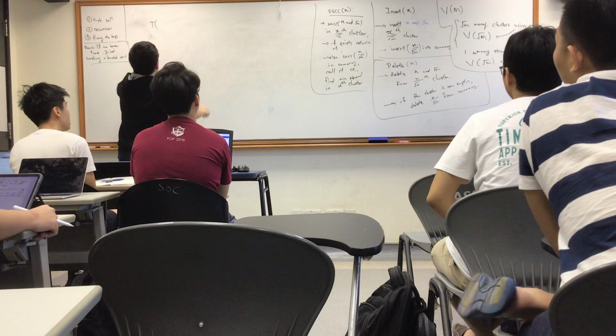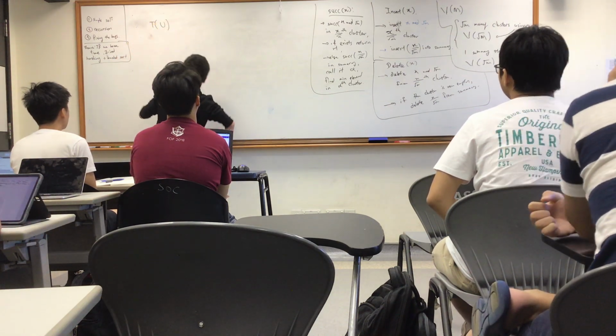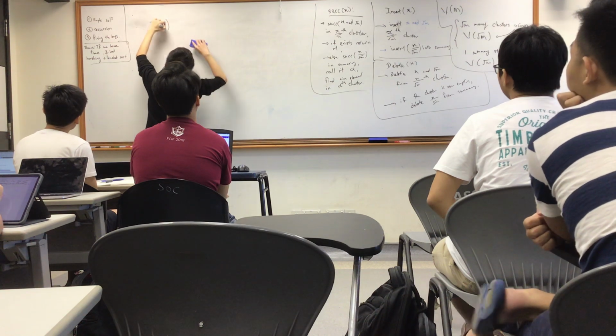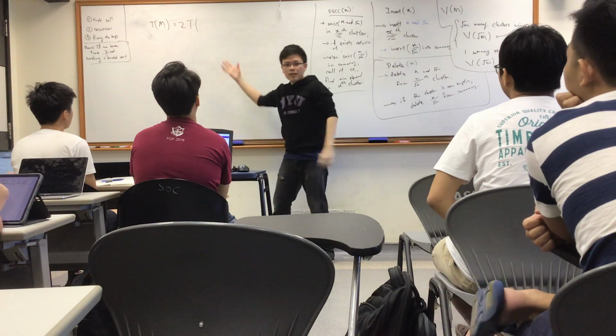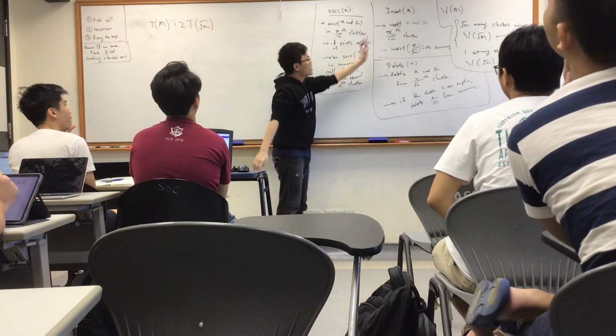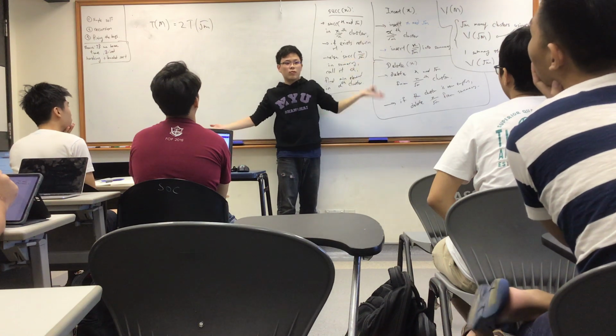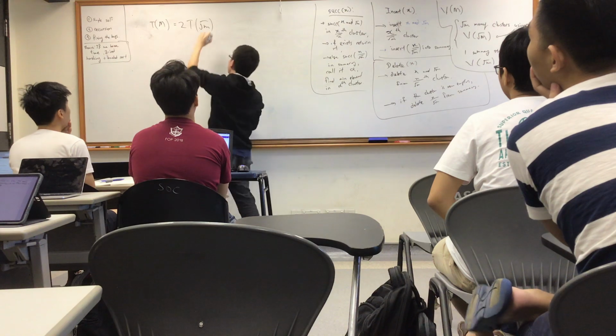Make sense? Okay. So my running time T on my universe of size M right now, I need to do 2 calls. On size what? Root M, exactly. And for each level of recursion, I actually only do O(1) work. I'm not doing anything special on every level of recursion. Make sense? So this is O(1).